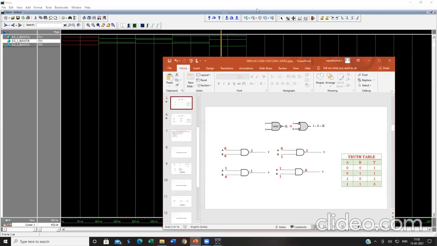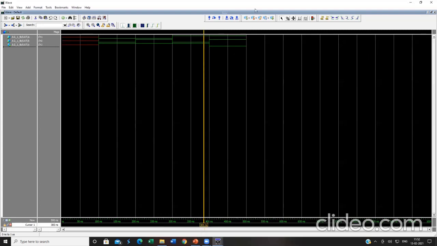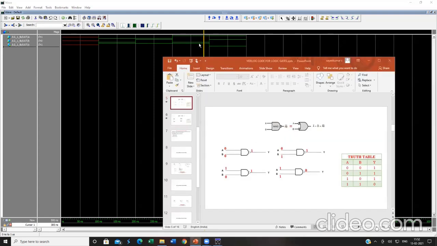See over here. 0, here it is 1, 1 over here, output is 0. Here 1, 1, 1, 0. A is equal to 0, B is equal to 0, output is equivalent to 1.